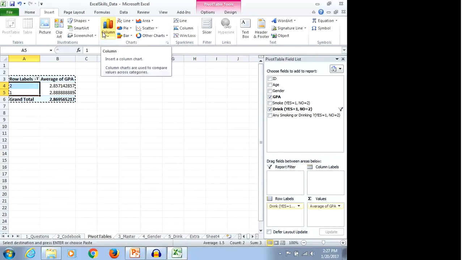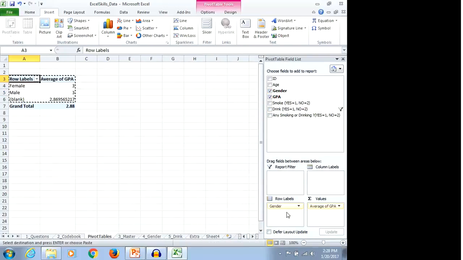I prefer to extract the data, remove it from the link with the raw data, and graph it there. Because if somebody else came here and I have this beautiful graph tied to this pivot table, and they said, oh, I don't want to see drinking, I want to see by gender,